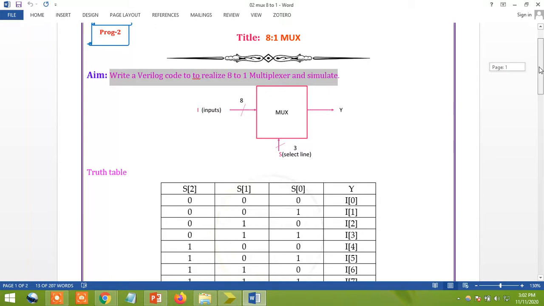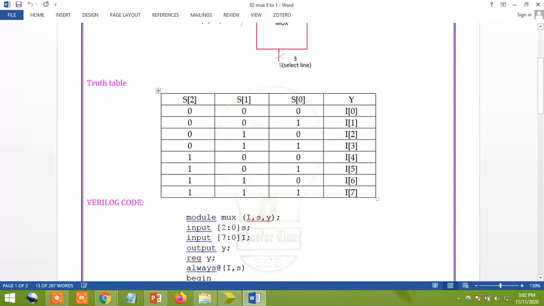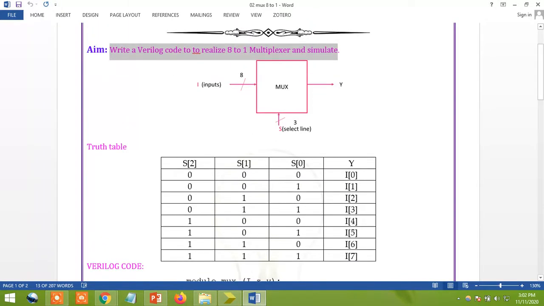Now, the operation you already know: if my select lines are 0, 0, 0, then, totally we have 8 inputs, right? These 8 inputs we are going to take as I of 0, I of 1, I of 2, I of 3, 4, 5, 6, 7. If select lines are 0, 0, 0, then the 0th value I of 0 needs to connect. Next is 0, 0, 1, so I1 will be connected, I2 will be connected, I3 and I4, I5, I6, I7. That you know. So I'm going to take this table, and based on these conditions my output will be selected, and the output I am getting these values.